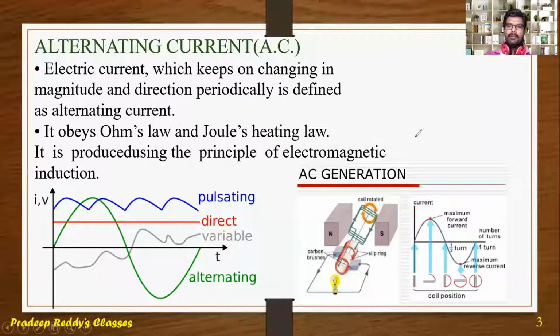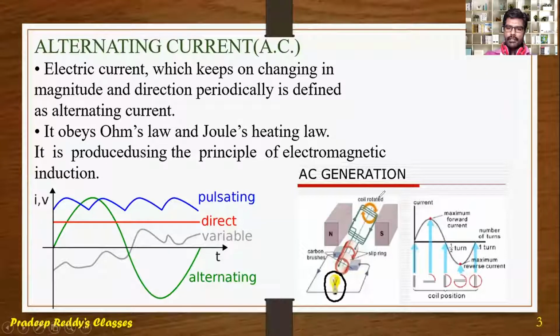Students, in the previous chapter, the electromagnetic induction chapter, we have already learned that electrical energy can be generated by an AC generator. So we have already learned how to generate electrical energy in an AC generator. There will be north and south poles of the magnet, and there is a coil. This coil undergoes rotation in the external magnetic field, which produces some EMF, and that EMF will induce currents in the circuit, and such current is said to be induced current.